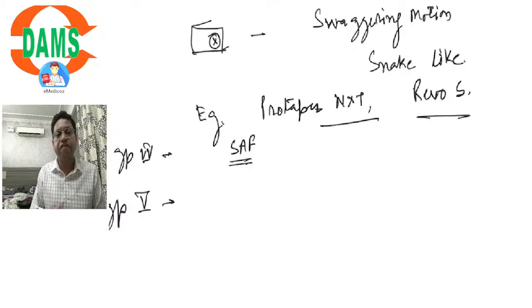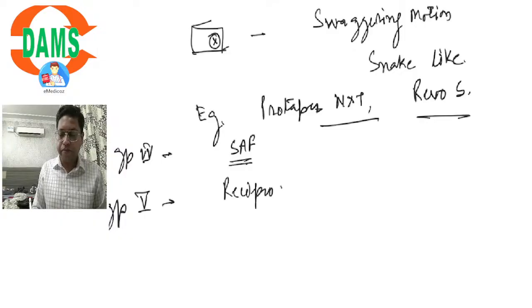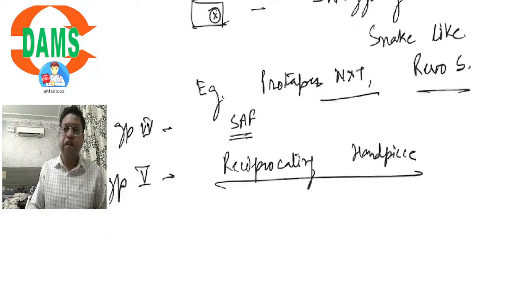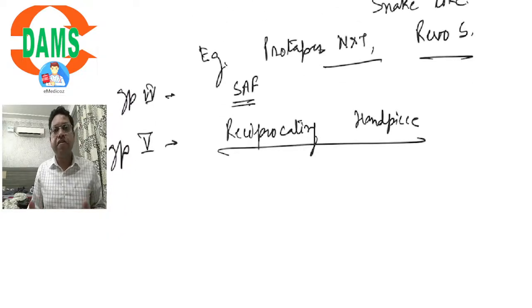The group 5 instruments are reciprocating handpieces. We all use handpieces, whether it is a micromotor handpiece or an air rotor handpiece, and we know that they rotate 360 degrees, full turn. Reciprocating handpieces, on the other hand, have a